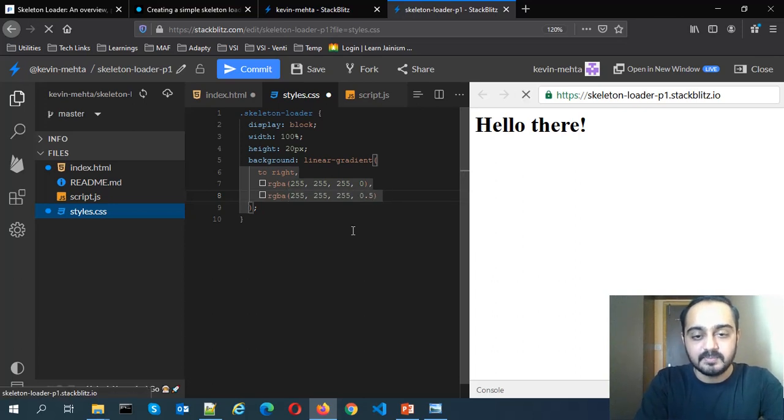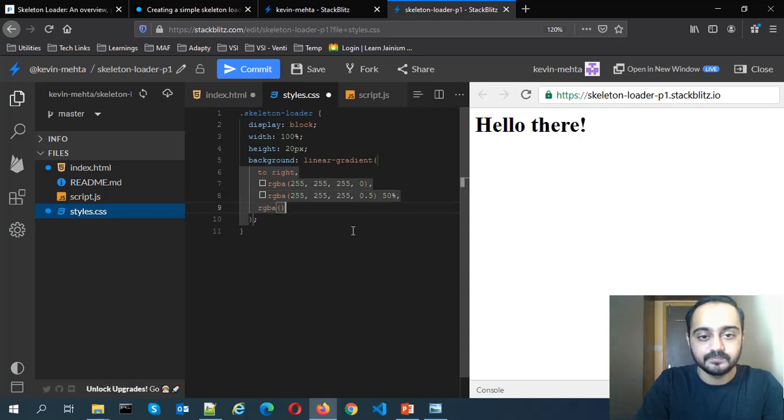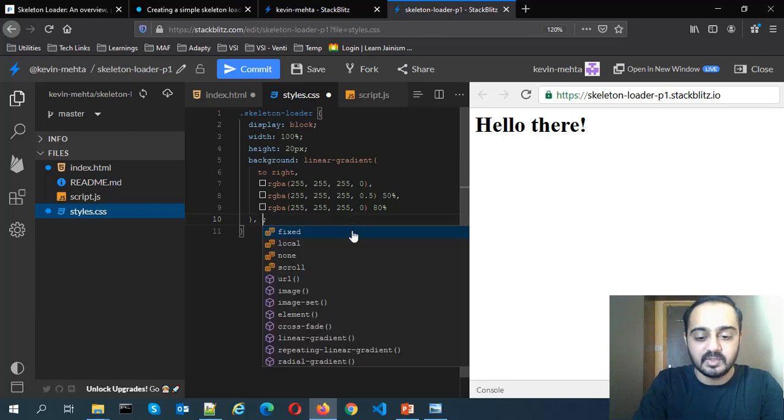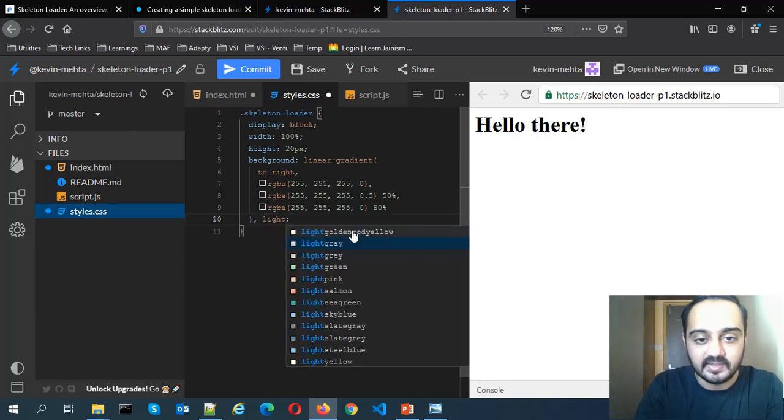And we can specify opacity as well. So let me keep it as 50%. And let me give the opacity over here as 8%. Fine. And after the comma, let me specify the light gray background.